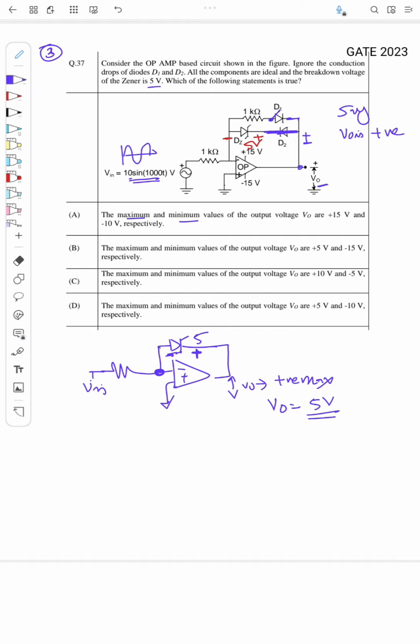Right. Now we'll consider the case when V0 is negative, right? When say V0 is negative max. So when V0 is negative, this node is actually minus max. So if it is negative, what happens? This diode is in reverse bias, so it is like an open circuit, right? And if this is open circuit, definitely there won't be any current flowing through this. So I can neglect this path. Okay. What happens to diode D1? Since this is negative, diode D1 will now be a short circuit because it is forward biased, which means I can draw the circuit as